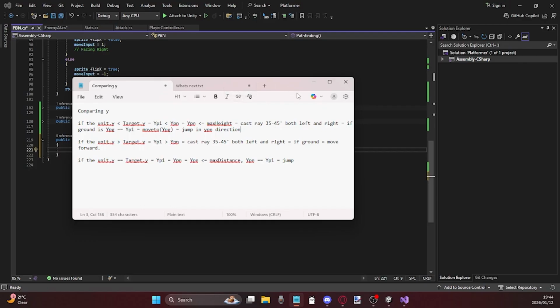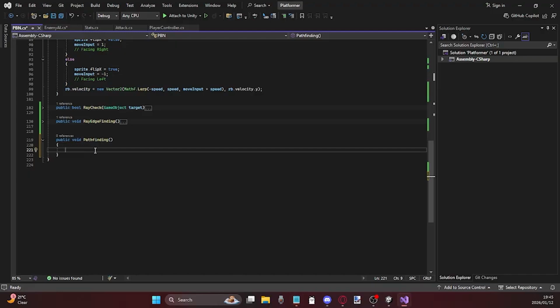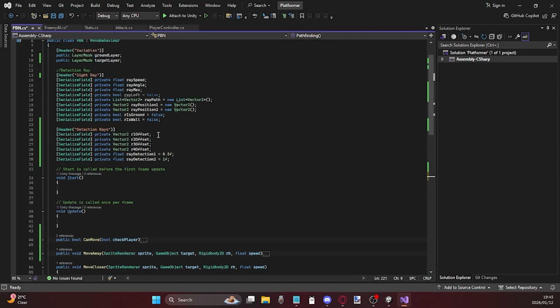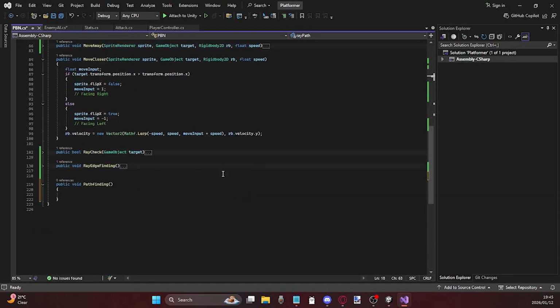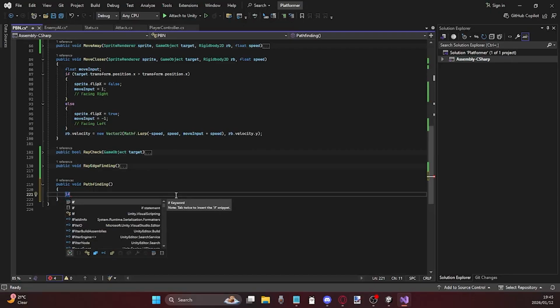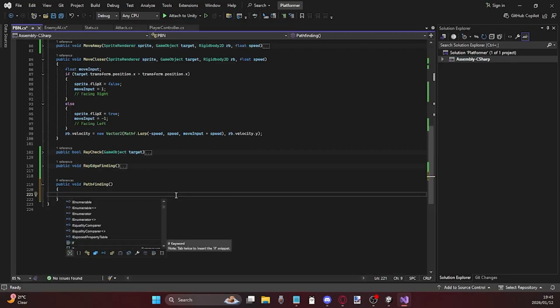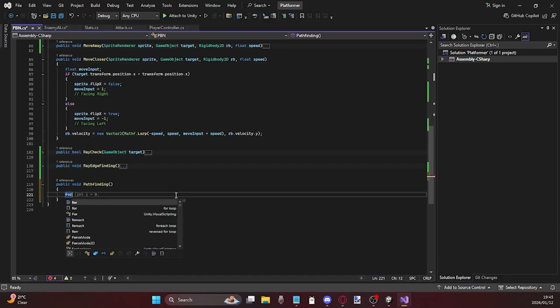So let's get this coded over. Well, let's get this done over into coding. So first of all, we need to do a for loop with raypath. So first I want to do for, let's say no, this would be vector2. So vector2